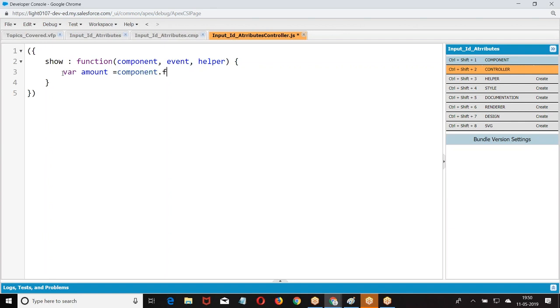Component dot find amount dot get, where rate equal to component dot find rate.